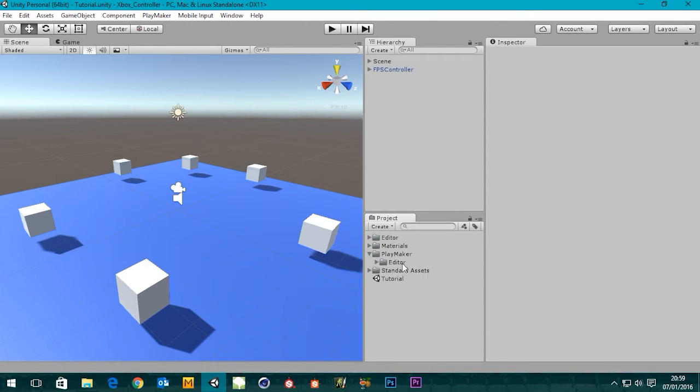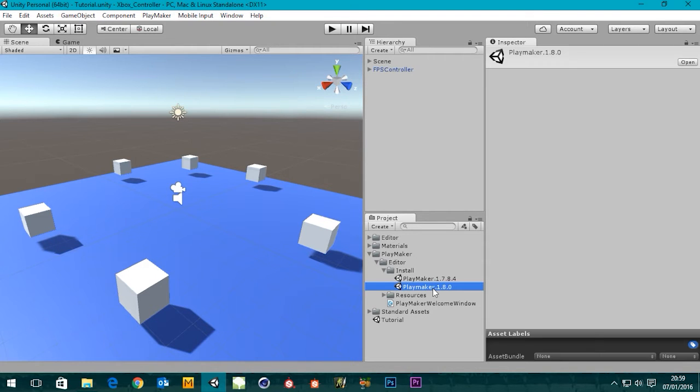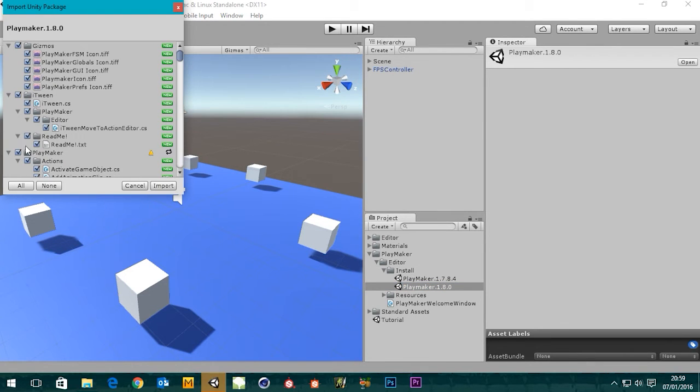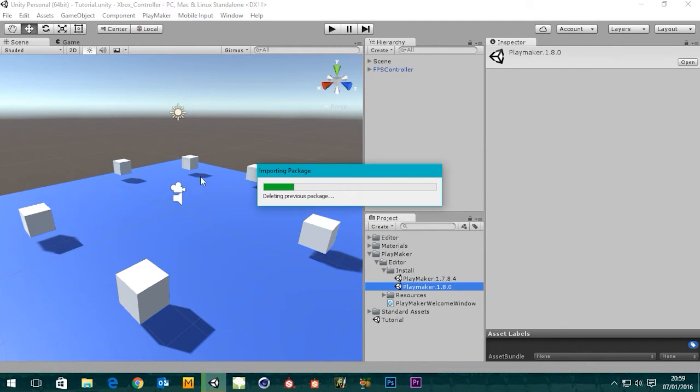Playmaker folder here. And I'm going to go down to Editor. And I think that's the latest version, Unity 5 support. So I'm going to double click on this. It's decompressing the package. I'm going to select all of that and import. Oh, maybe it already did it. I'm not sure. Okay, so this is importing in. And while that's importing in,